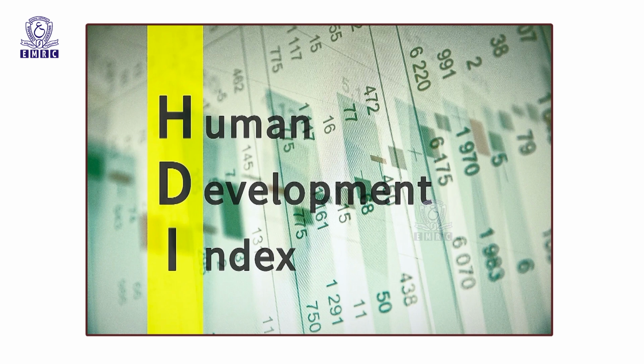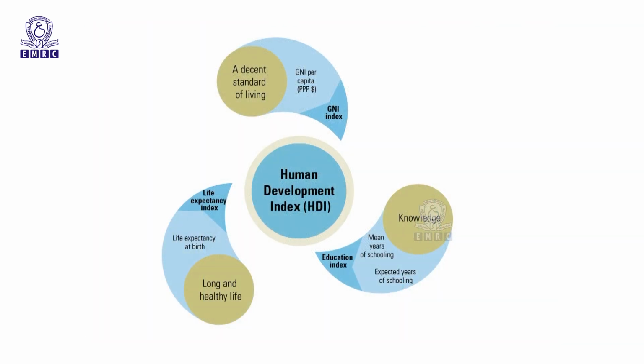The Human Development Index, HDI, is a statistical index which is primarily formed of 3 factors: life expectancy, education quotient and indicators of per capita income,